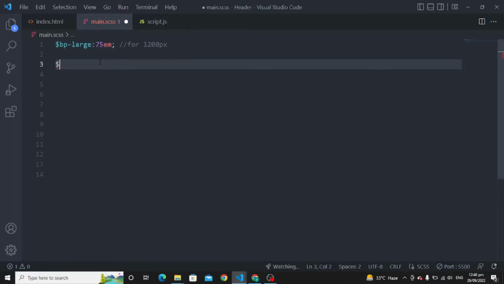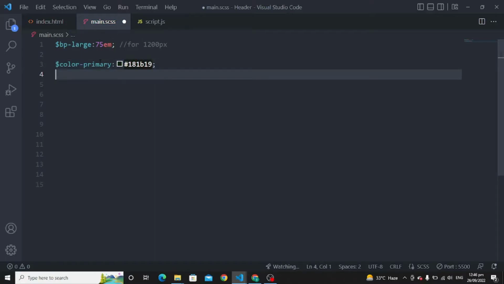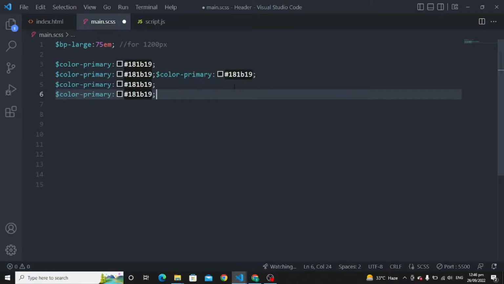Okay, we also need some colors. For this we are going to use color-primary, and the color is, we can write like this: 181B19. This is the primary color. Then we can copy it and paste it like this. Okay, I am going to change the primary color to secondary color,